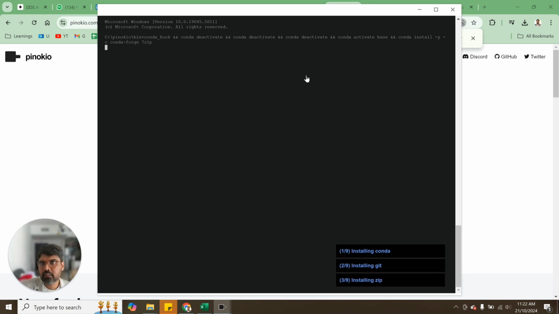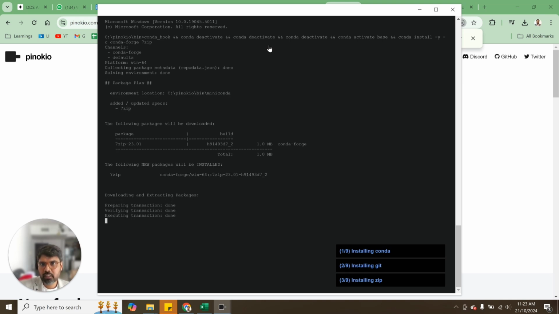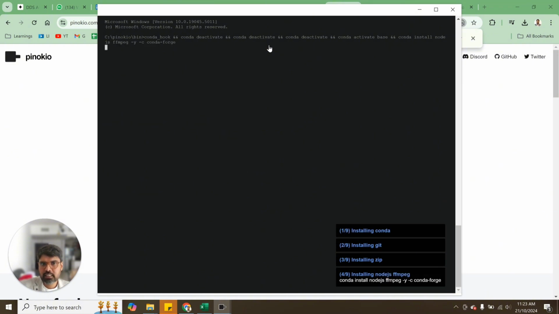So now, if you can see, we are getting the file. We are installing the zip to unzip the specific file that is going to come from the F5 TTS application. So this is a very amazing thing that you can try to do. Then it is looking at the environment, if you can see all the details. Then the last thing is we require Node.js